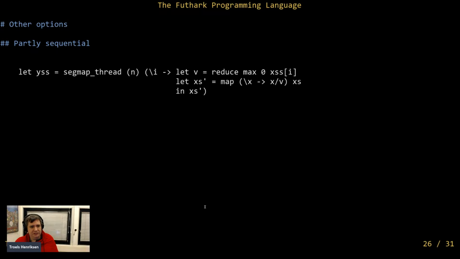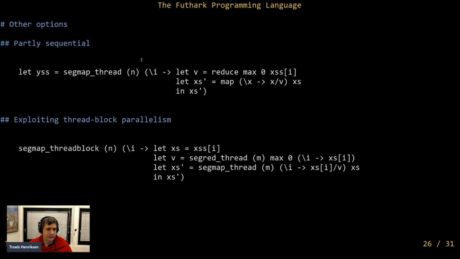So another option is, as I mentioned, that we make it partly sequential, where we only parallelize the outer map and we leave these things as sequential code and get turned into imperative for loops or what have you later in code generation. And we just have n threads. Another, rather fancy option is that we don't launch one thread for each of the outer maps, but we launch one thread block. So now we launch n thread blocks. Now we're using a construct called segmap thread block instead of segmap thread.